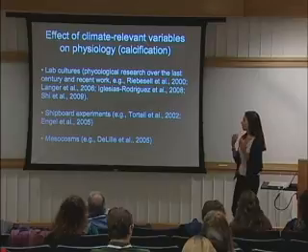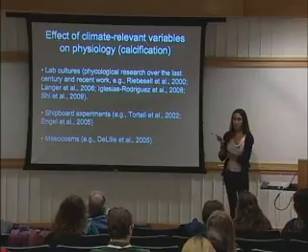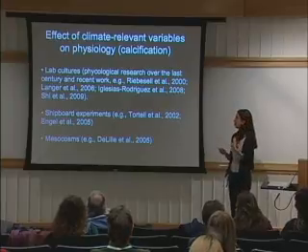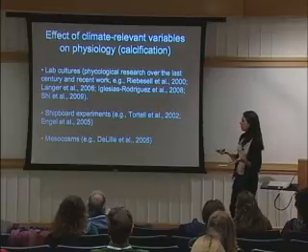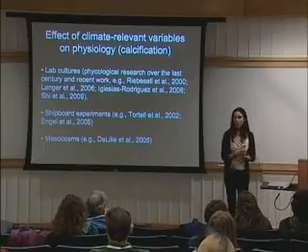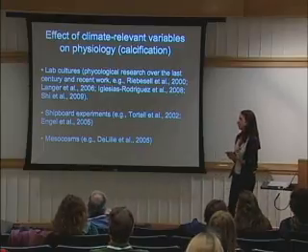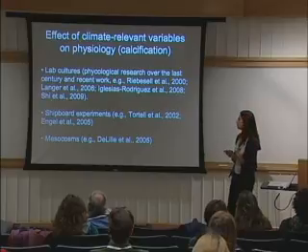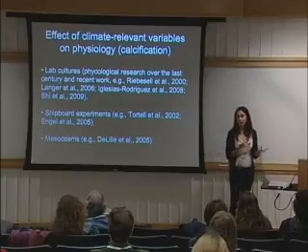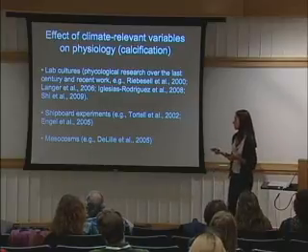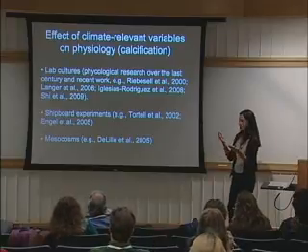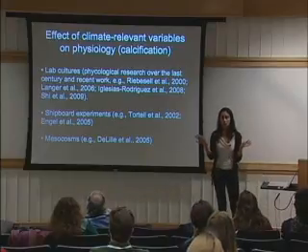So, what we have been doing in terms of testing the effect of climate-relevant variables on phytoplankton physiology to look at the potential effects on biogeochemistry, we use lab cultures, we use mesocosm experiments, and we do DEC experiments. So the lab experiments have been at the center of the phycological research over the last century, and then more recent work used exactly the same approach, just varying the conditions and varying some of the techniques, but basically doing the same thing. Then mesocosm experiments have also been done. They are seen as halfway between the lab and the field. I'm only going to talk about lab cultures, by the way,